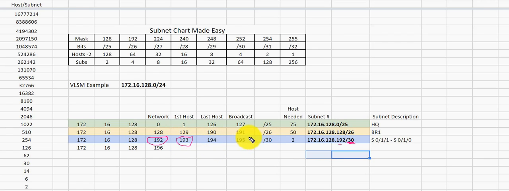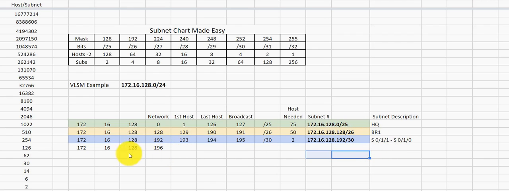Our broadcast is 195, and if we take that subnet mask and put it into binary, it would be 195. And our last host, so we have 193 and 194. So we can assign 172.16.128.193 to this port right there, and we can assign 172.16.128.194 to that port. And we still have some IP addresses left over. We didn't need them all because we'll never need more than 2 in that subnet.